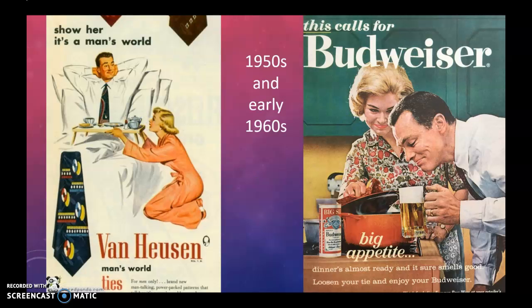So these ads are from the 1950s and the 1960s. We know that in the 1950s and 60s, there were a lot of housewives. The job of the wife was typically to take care of the husband, the home, and the children. One way the wife did that was by making meals for him. And you can see that in these ads from the era. You can also see the woman taking care of her man. The ads reflect the society and culture of the time.